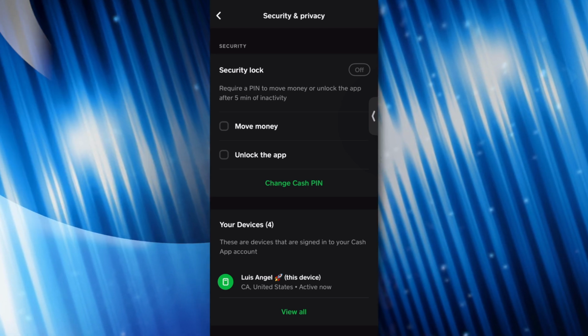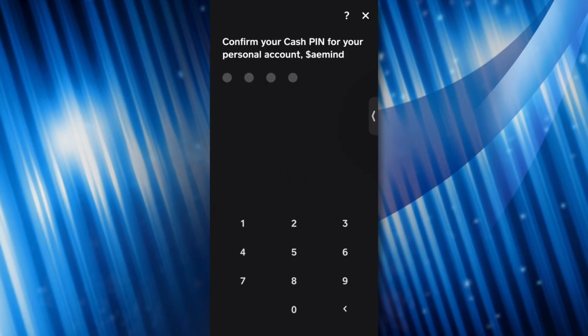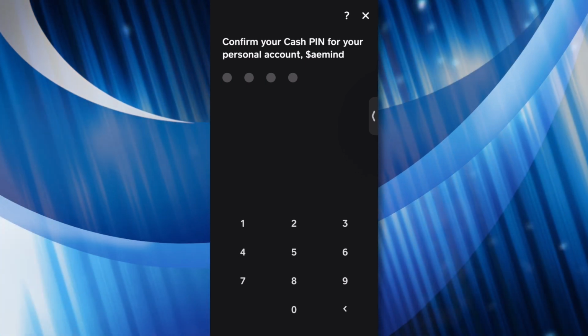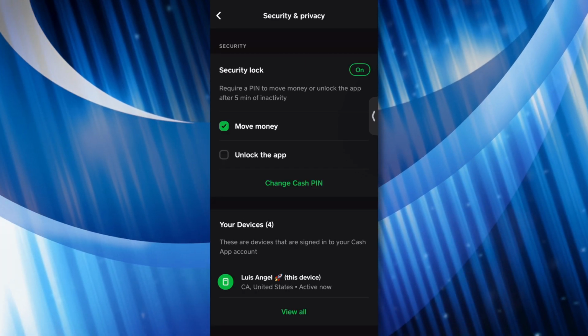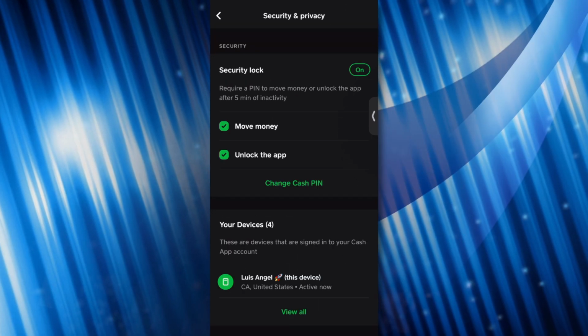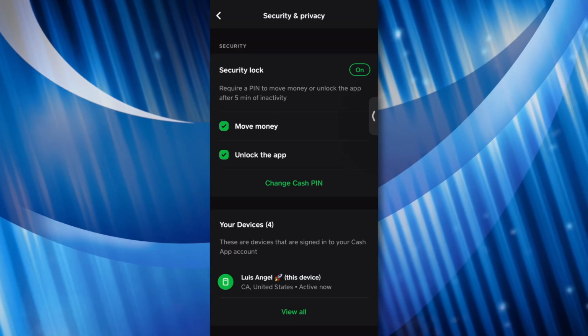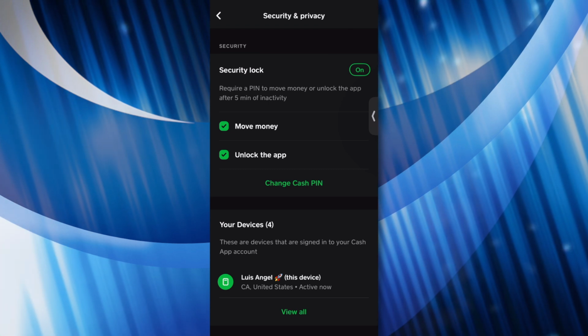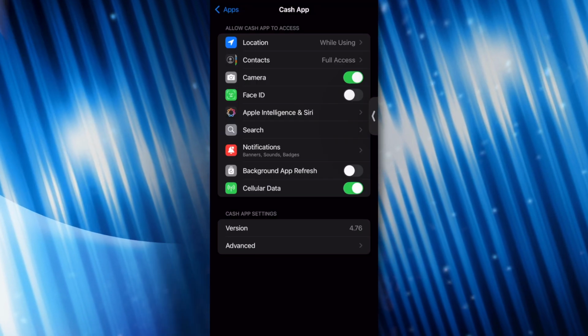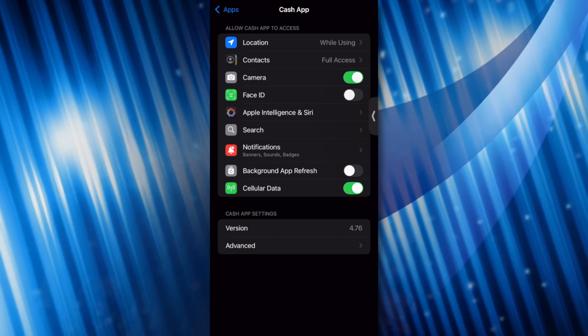So you want to check move money. It will then ask you to confirm your Cash PIN for your personal account. You can also use your Face ID in order to unlock the app. So you click on that, enter your PIN once again. So now that you have that, you will see here the security lock is on, but Face ID is still not active. So what you want to do now is go into your settings and find Cash App in your